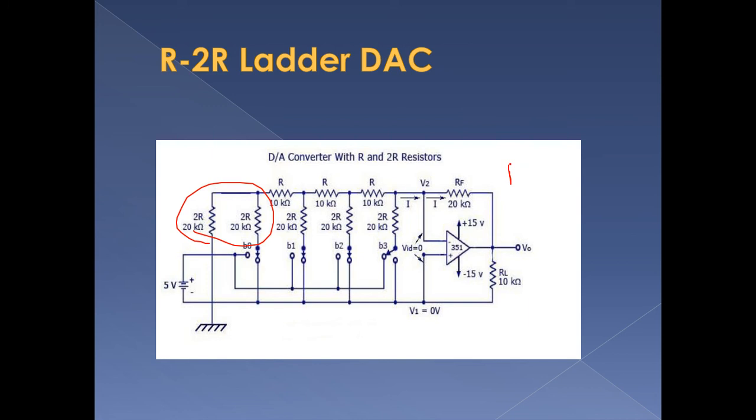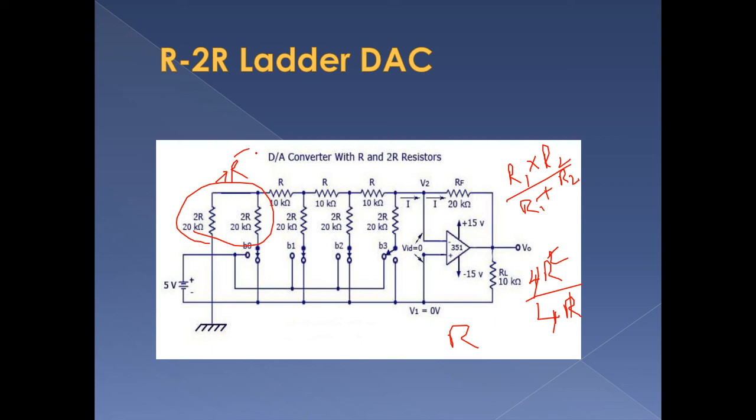If the resistors are in parallel, we know the equation is R1 into R2 divided by the summation R1 plus R2. This is the formula to find the equivalent resistance. If you calculate for this resistor, you will get 2R into 2R, 4R squared, divided by 4R. If you simplify, you will get R. So the equivalent resistance will be R. It will be replaced as R.